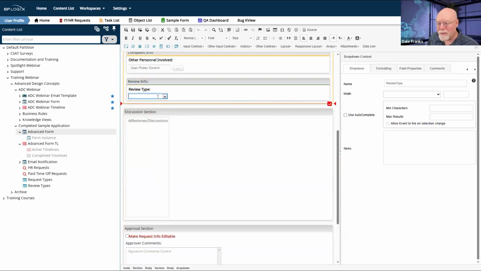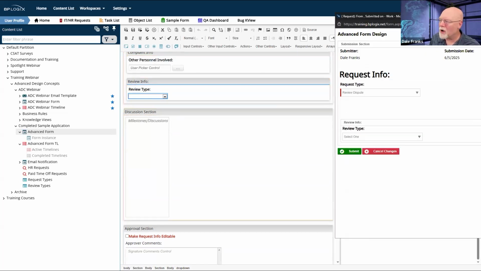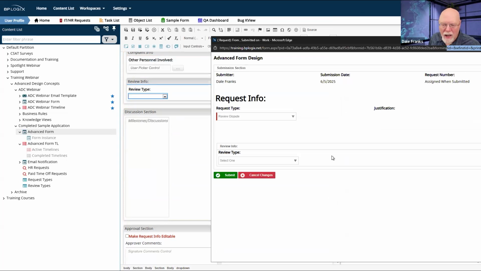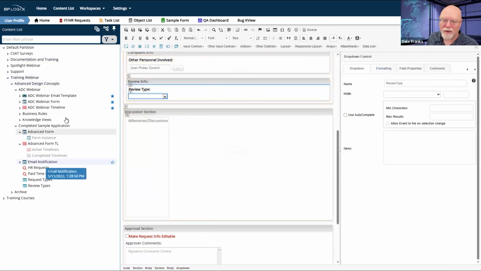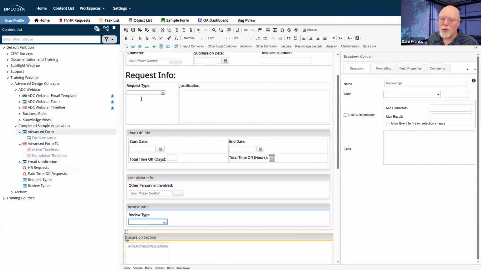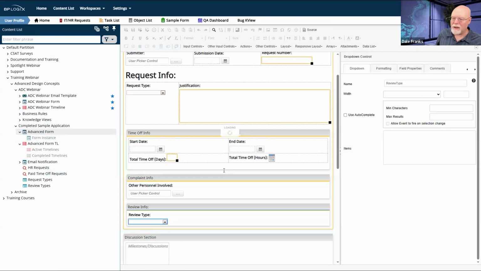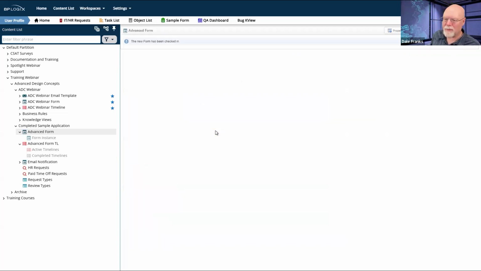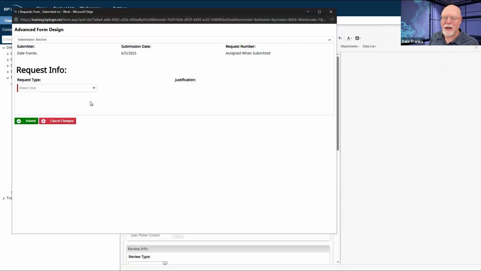And so, just some things to think about in terms of how your form is going to look at runtime, and how you want to display the information. Now, on a real form in the real world, it kind of looks fine because I've got that extra space really taken up. Let me run and test it here again as a truly new instance. So I should be able to edit my request type and my justification.